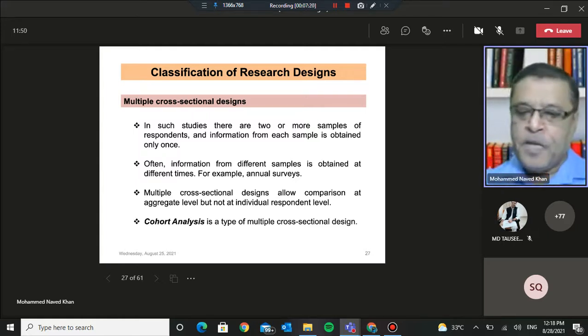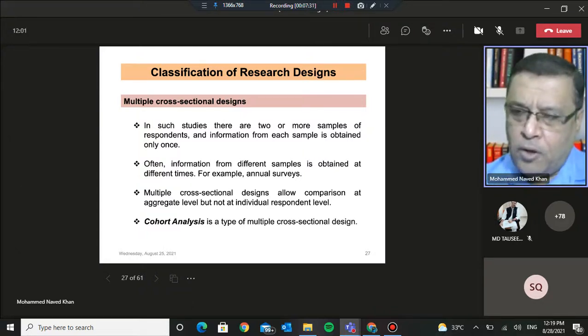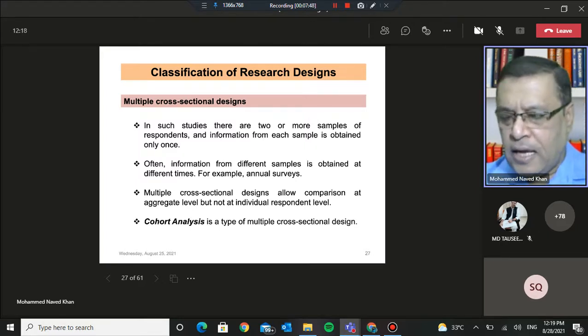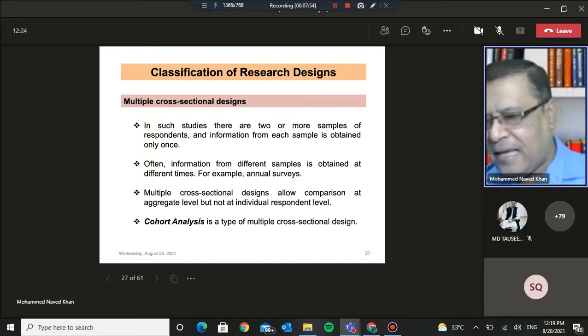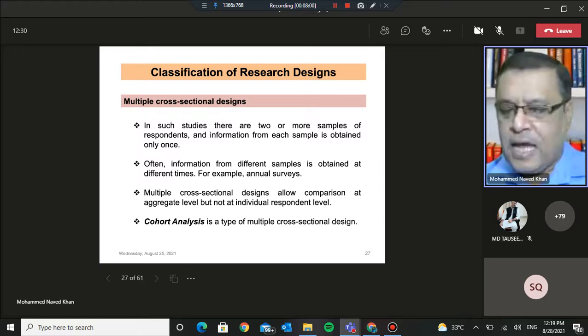Now, then there is an interesting variation of this multiple cross-sectional design that is referred to as cohort analysis. So, for example, all of you who are currently enrolled in various programs in our faculty can be referred to as a cohort, because the commonality as far as all of you are concerned is that you were admitted during the same year, for example, in our faculty for various master's programs, and when you will be graduating, I hope, God willing, all of you will be graduating the same year. So you will comprise one cohort. So you can be of interest to researchers as a cohort also.